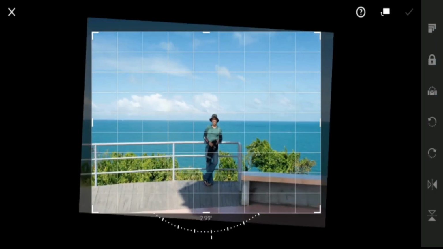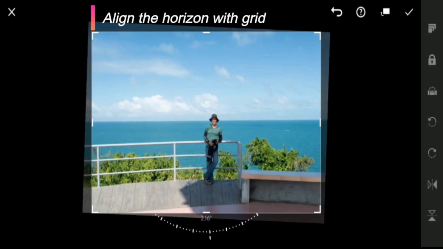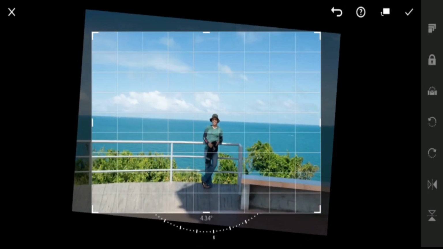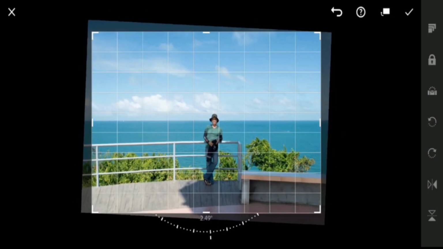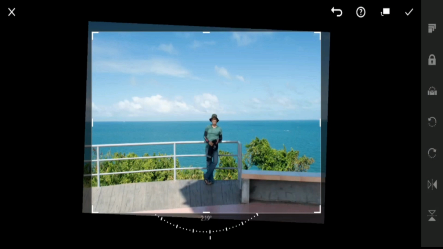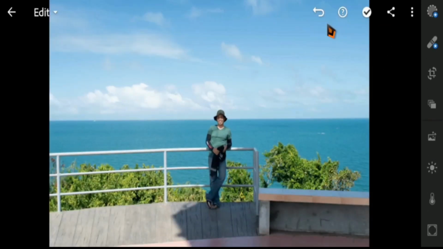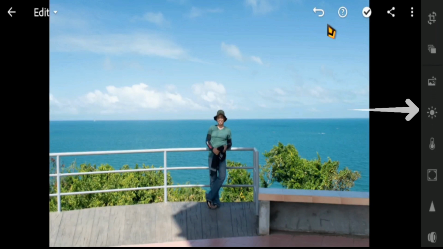Try mo lang para straighten yung picture mo. Yung horizon mo. Okay. So I guess it's okay. Then click the check at the upper right when you're satisfied. So yan, okay na. Then going back to the sun icon,